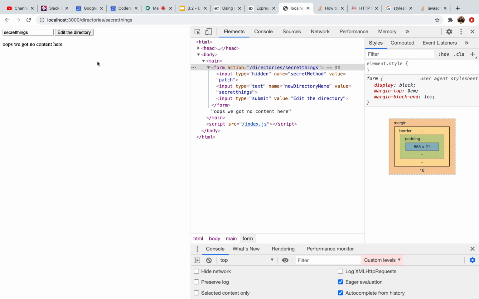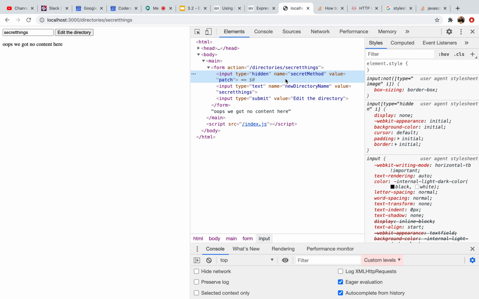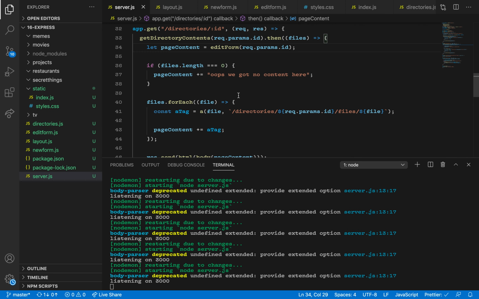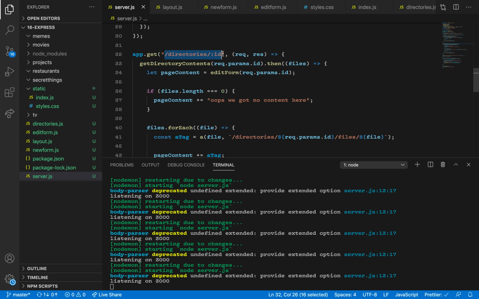But so we have secret things. It now is making a request to directory/secret things. It has an input field with the type hidden, and the name is secret method. So now if we go through to our server, when we hit this